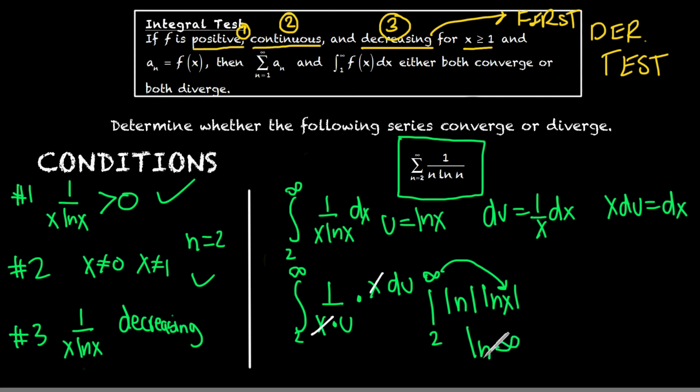So then we have the natural log of infinity, which is infinity. All right, so minus, and you plug in 2, you get the natural log of 2, which is some number, and the natural log of that is just some finite number. We don't care. Well, because this is infinity, the improper integral diverged, which means that the series is going to diverge